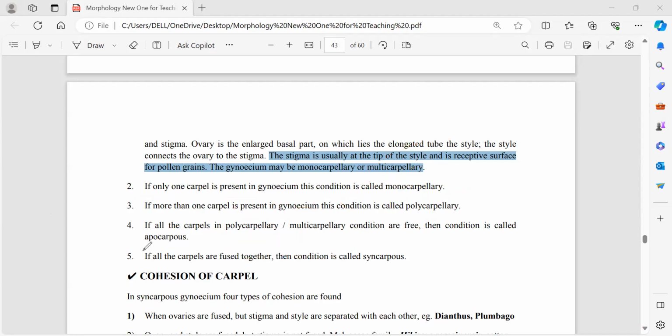Apocarpus, ये थे तो याद please. If all carpels are free, the condition is called apocarpus. And if carpels are fused, then the condition is called syncarpus. Apocarpus or syncarpus. Syn means fused. Fusion, syngamy जिस तरह हम पढ़ते हैं, fusion of gametes. Carpus stands for carpel. Syncarpus हो गया fused carpels. And apocarpus हो गया